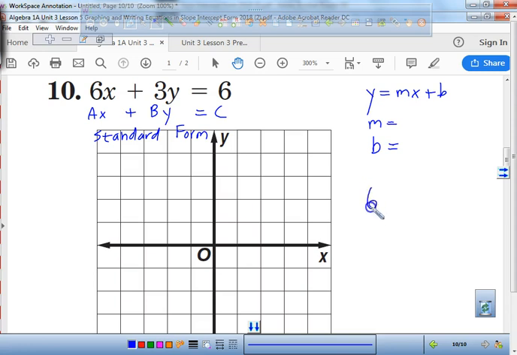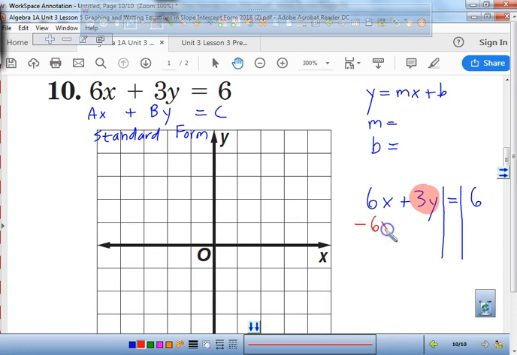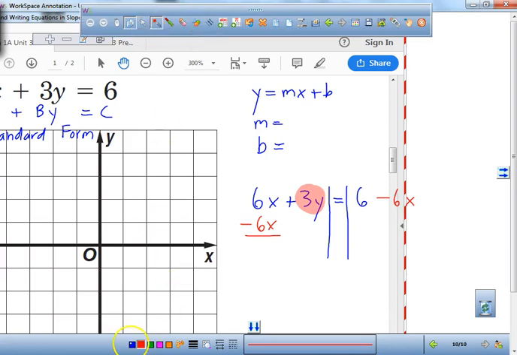All right. 6x + 3y = 6. We are in standard form. We are eventually going to divide by a number, but we're not going to start by dividing by 6. Very first thing I'm going to do is isolate. I got to get all of these x's away, and I got to get all the y's by themselves. So how do I get rid of a positive 6x? I'm going to take away 6x from this side, and I have to take away 6x from this side. So here's what we have left. We have 3y = 6